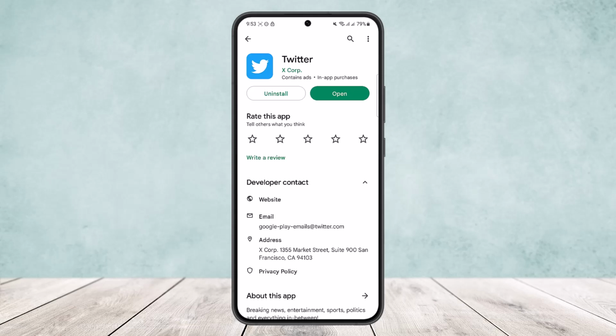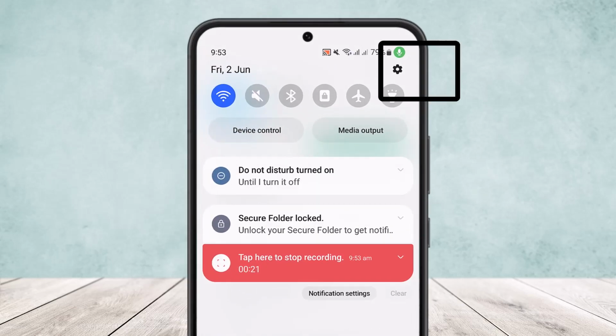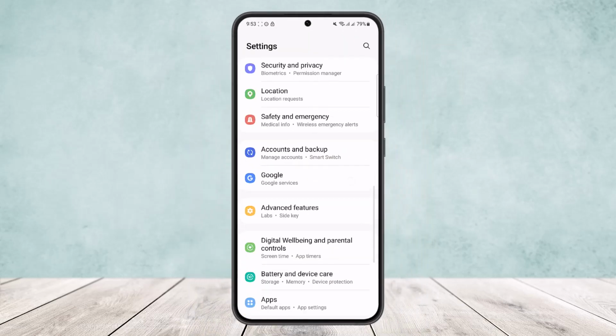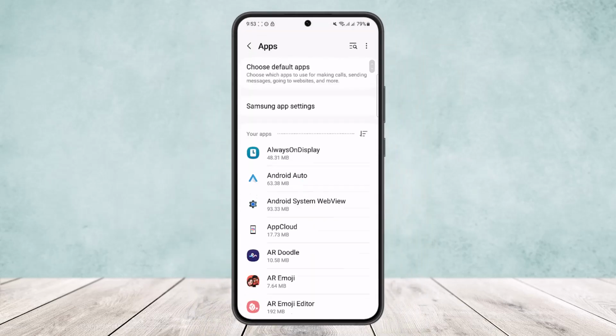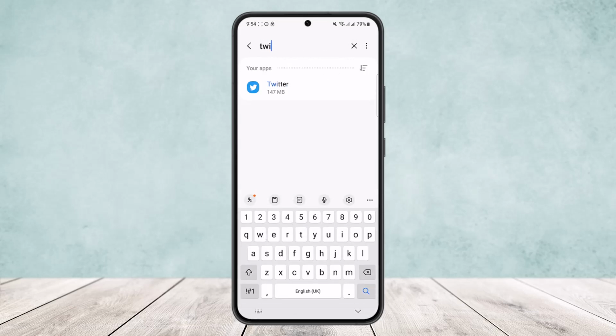Now, first, to solve it, what you want to do is scroll down your notification bar and head into settings by tapping on the settings icon that you can find at the top right corner. And once in settings, scroll down all the way below and head into apps, and on apps what you want to do is search for Twitter, or you can scroll down and search for Twitter and head into Twitter